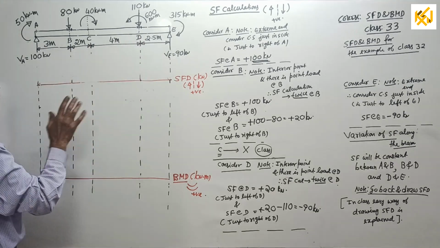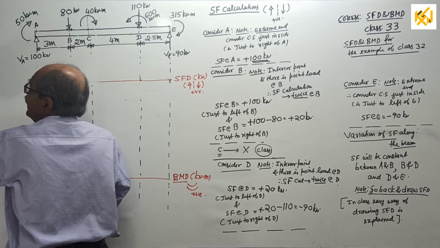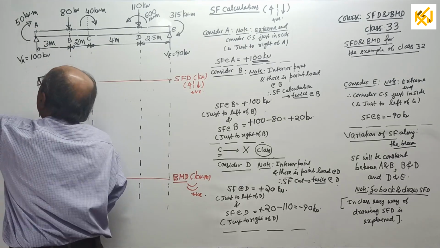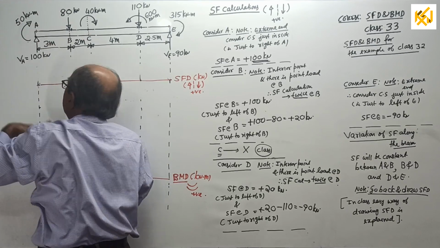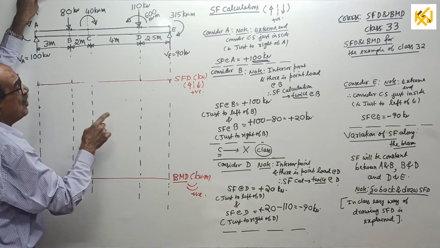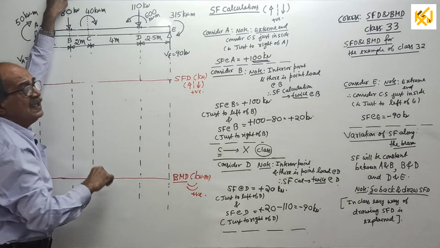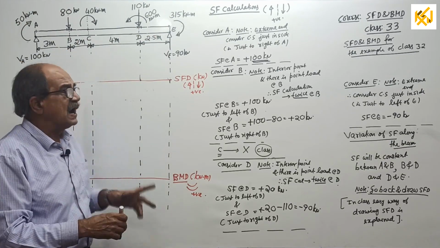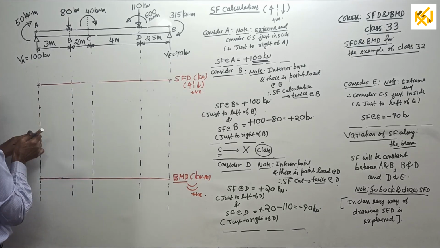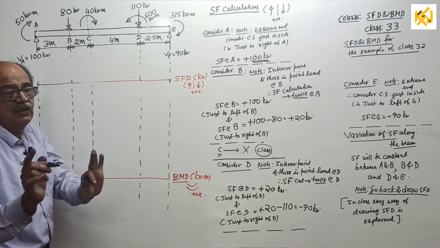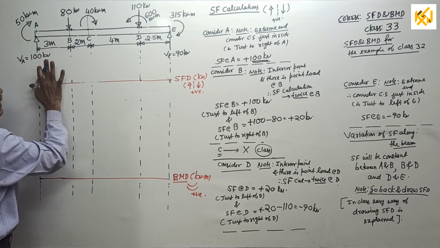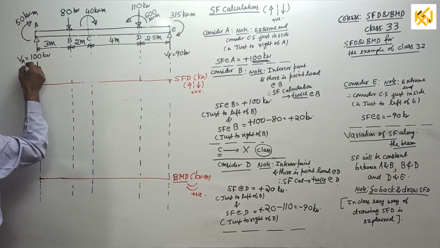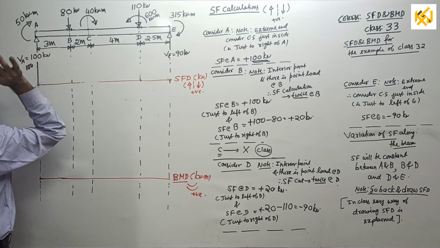Start fresh now. See, start from A, go to E. Go with the load. Since you are coming from this side, if the load is going up, you go upper side, positive. If the load is down, you come downside. That's all. Stick to one concept. If you start from E, you have to go reverse to the load. Therefore, better start from A, always from the left hand. See, correctly observe. If you want, take your calculator. Only forces. See, up 100. Go up by 100. Do not use a sign on 100.